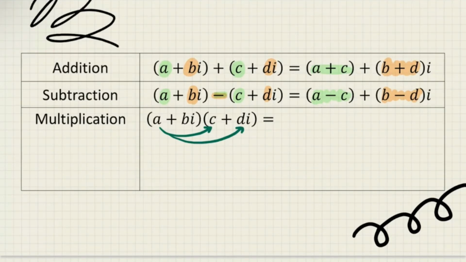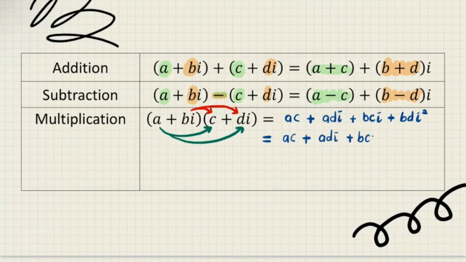So kat sini dia akan jadi AC plus ADI, and then we are going to have BCI plus BDI squared. Okay. And here AC plus ADI